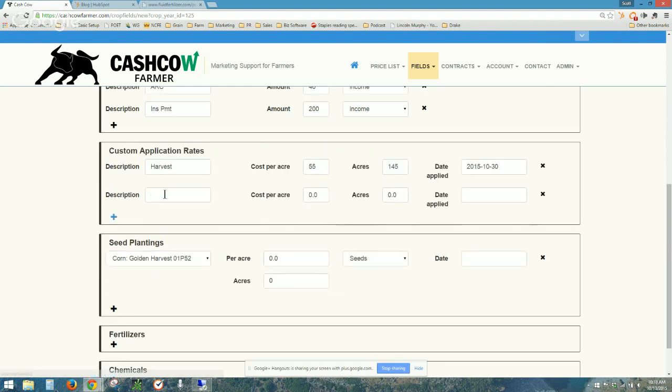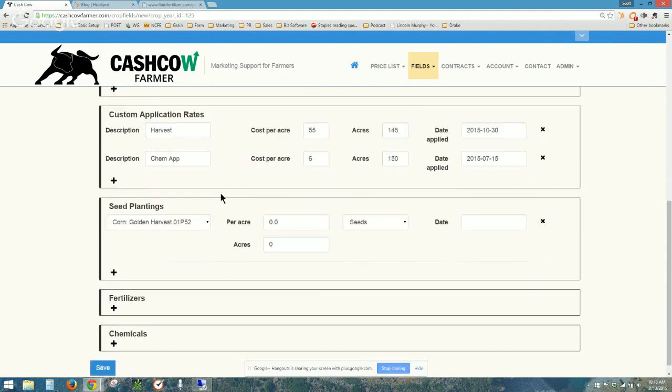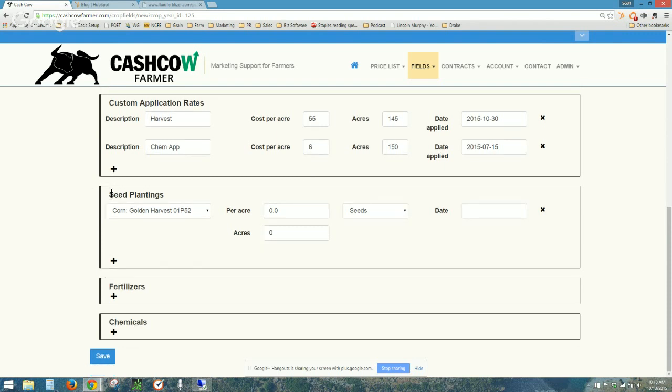And then any other, you might have a chem app here for $6 an acre, and they might have actually charged you for all the legal acres. That's what's nice about this acre number here, you can change it based on when the application was done and how many acres they actually charged you for. It's another great way to double check and say, hey guys, you're charging me for 160 acres and this field's only 150 acres. I think you got a little overlap there that I wouldn't be responsible for. Or they forgot to reset their acre counter, which is pretty common with custom applicators. It's not a big deal, but